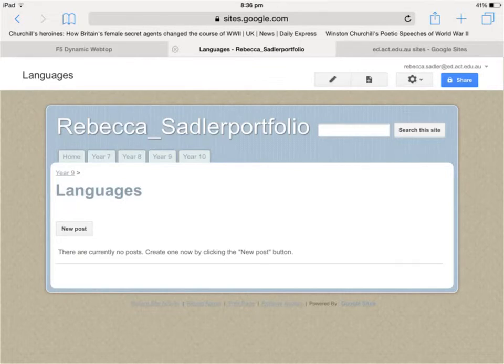I've now clicked back into the languages page, and I'm going to show you how you go in and add the work sample, the reflection, into that page. So all the pages have been set up using the announcements section, which is like a blog, giving us the ability to add posts as opposed to a web page. So the kids will come into this section and hit the new post button,